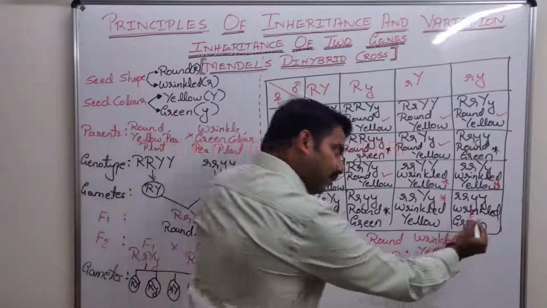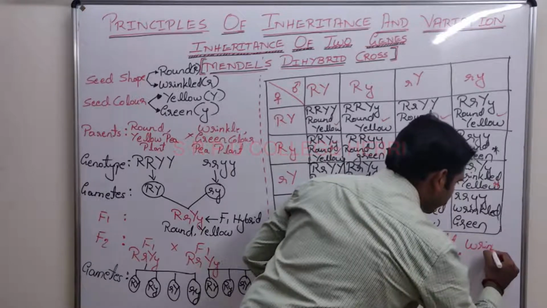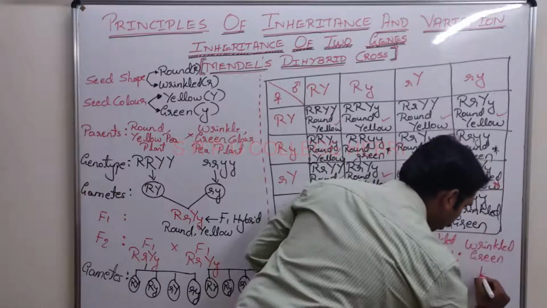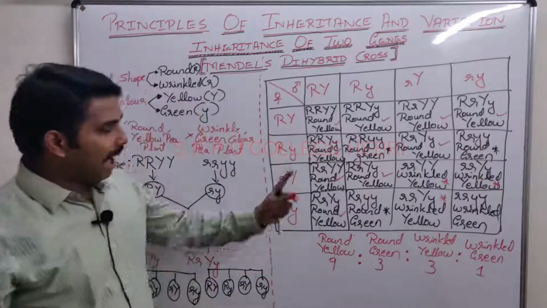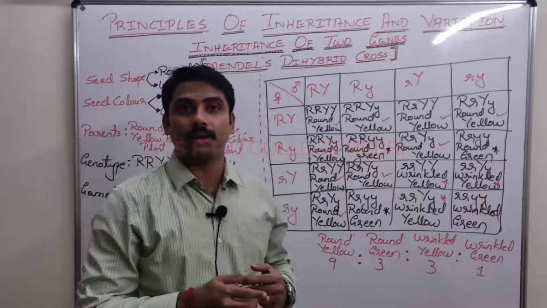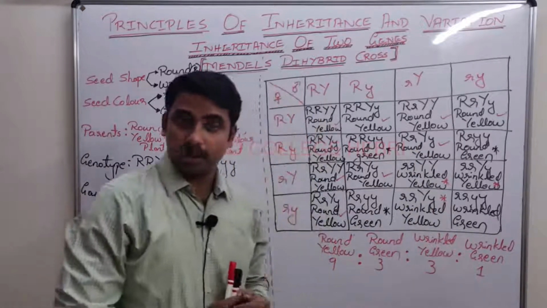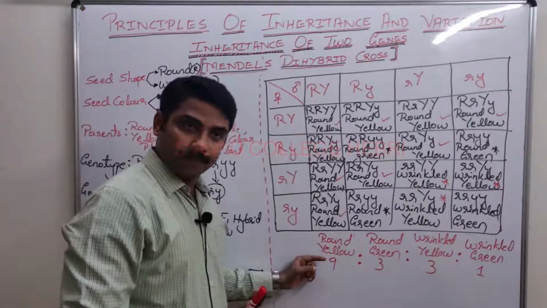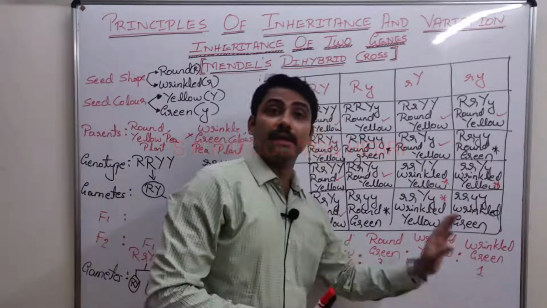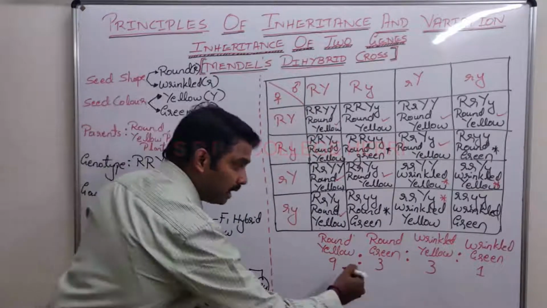Once again it is 3. And another phenotype that I am going to see here is wrinkled green. How many? Only 1. So how many different phenotypes can we see in the F2 generation? 4 different types of phenotype. What are they? Round yellow, round green, wrinkled yellow, wrinkled green. 4 different types of phenotypes are observed in the ratio